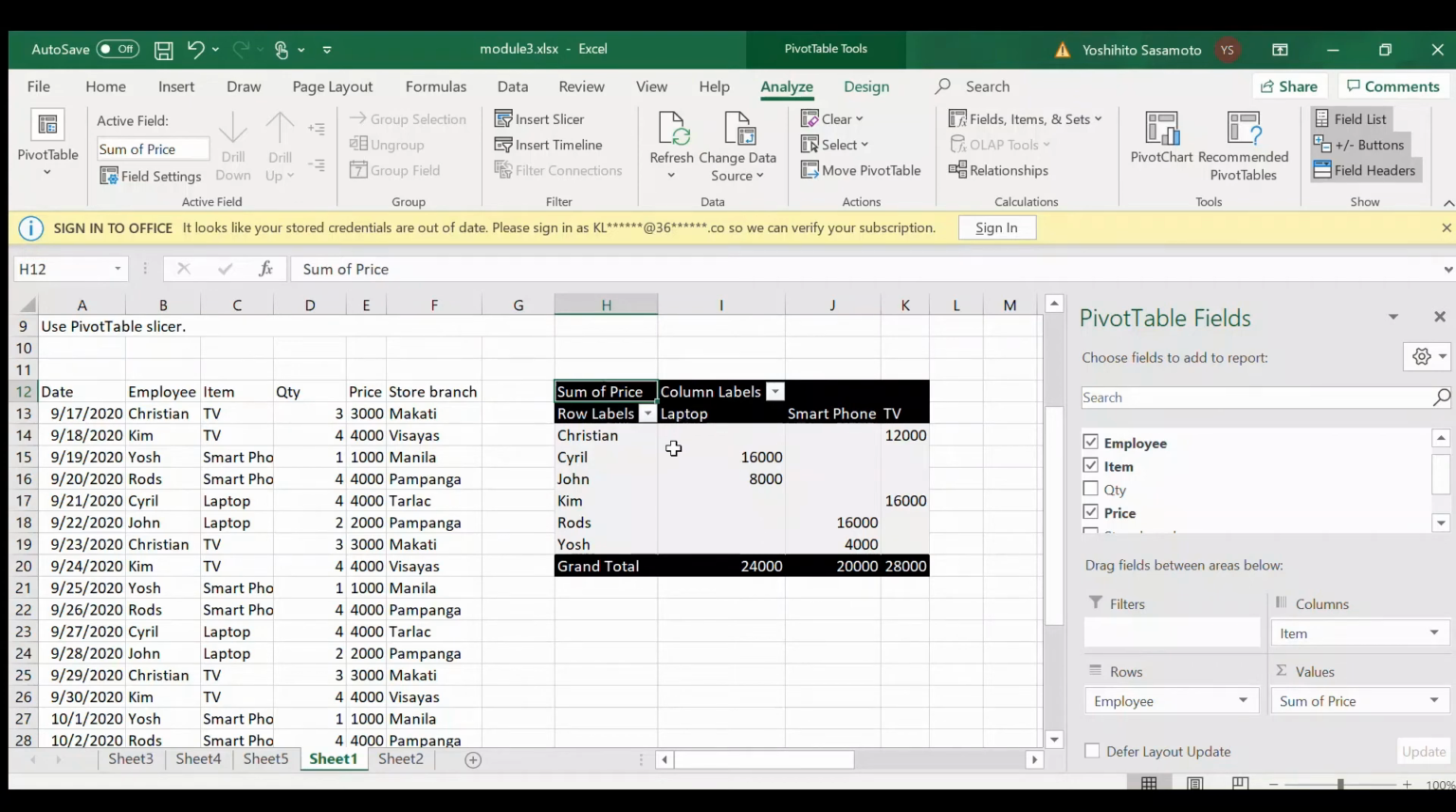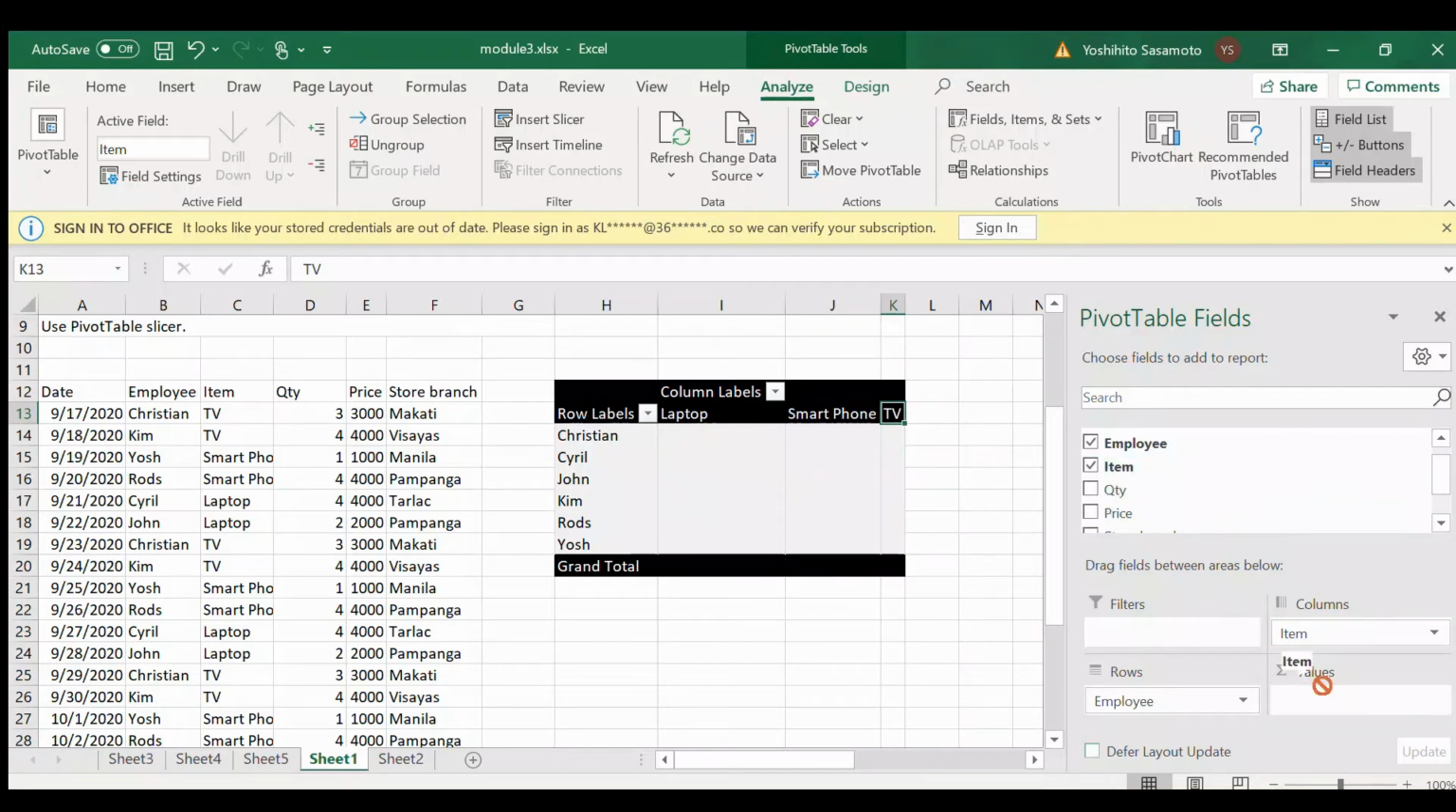So for example, a laptop, TV, and then a smartphone for this one. These are the items being sold by your employees, for example. So instead of the price, you want to count the item, so you can just remove this field and then count the item. So count of item, here, it will count the items being sold